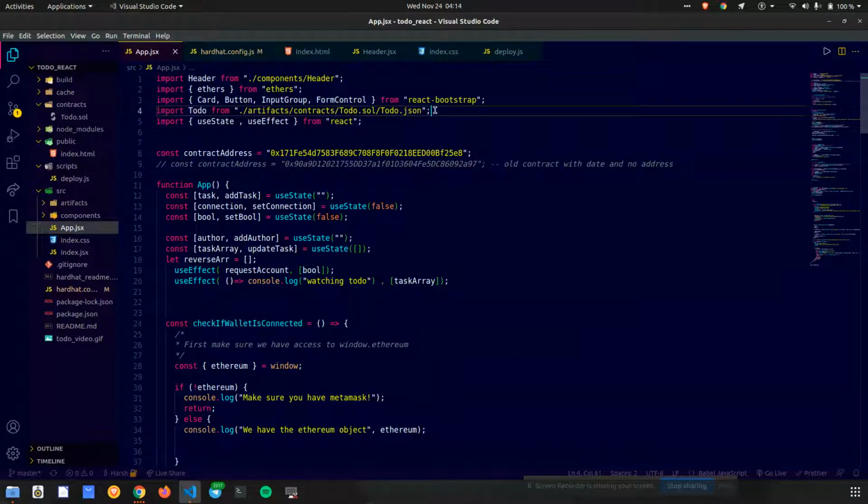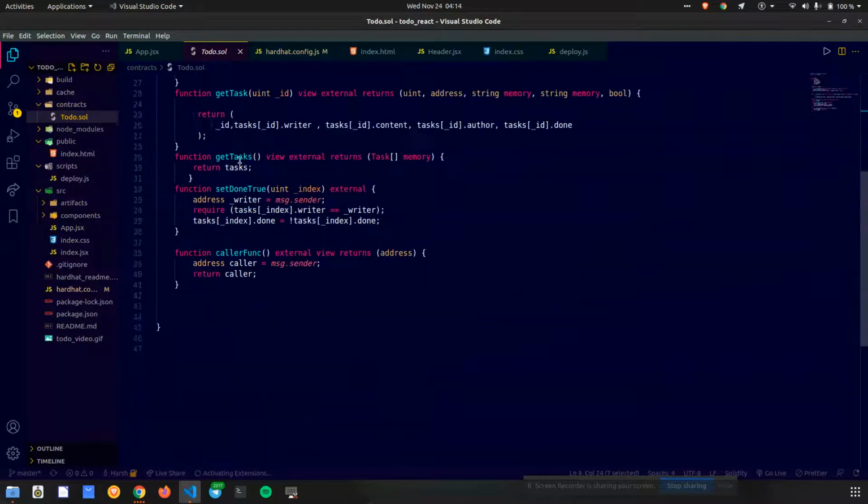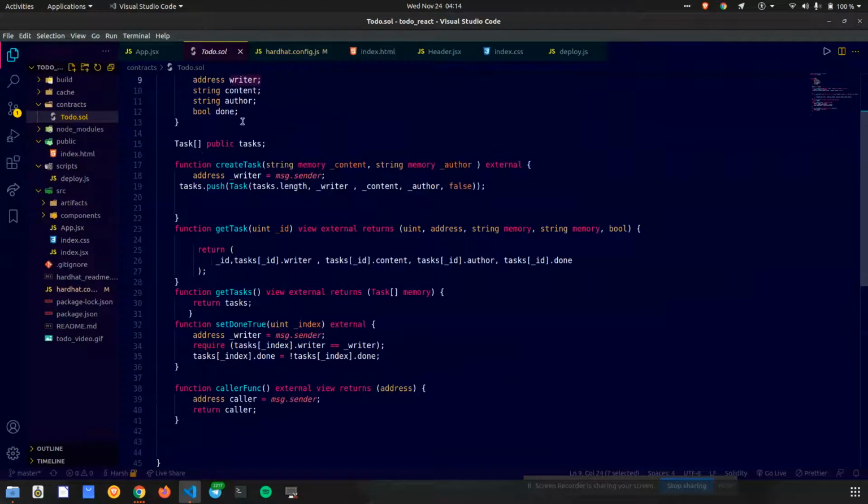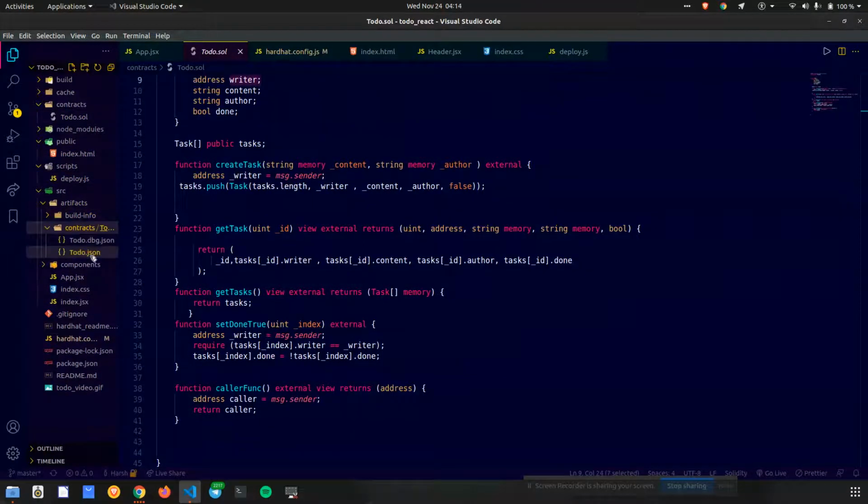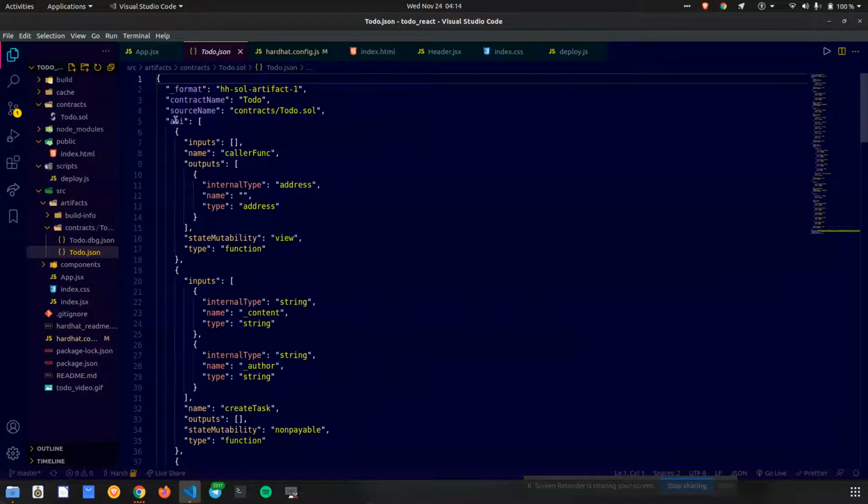Okay, this is important. This is what is required when we compile this code. For my case, I wrote this smart contract over here and then compiled it. So I got this artifact folder in which we have a migration file, which is this file, because it has